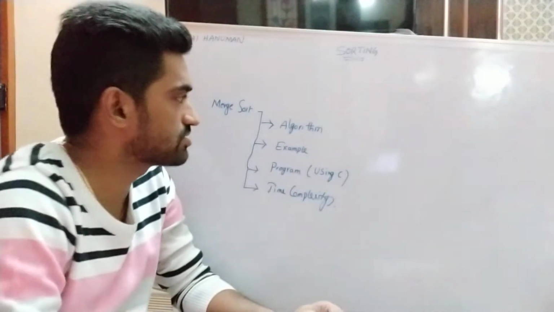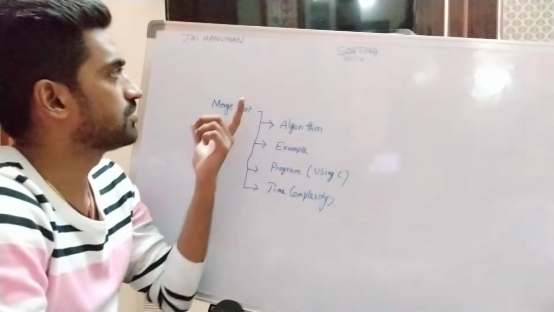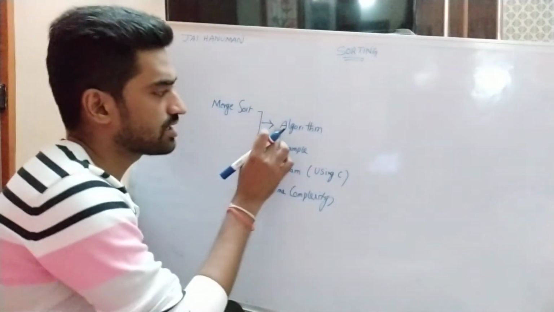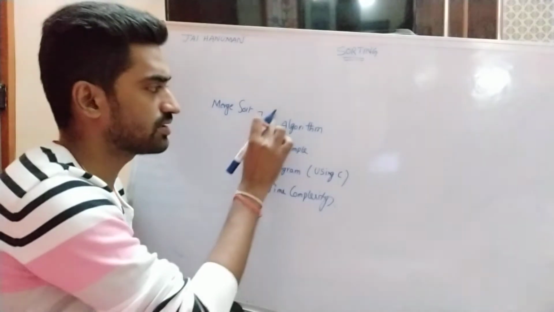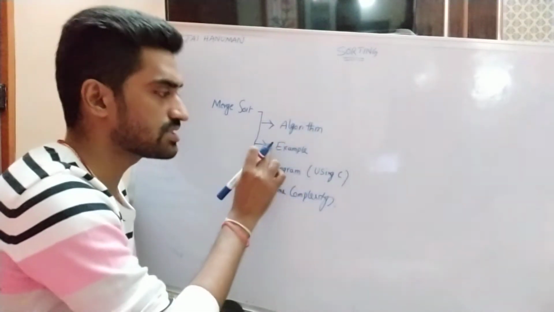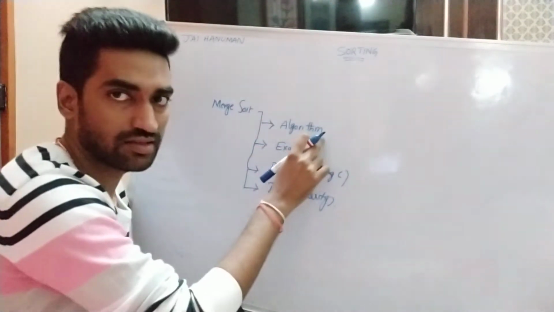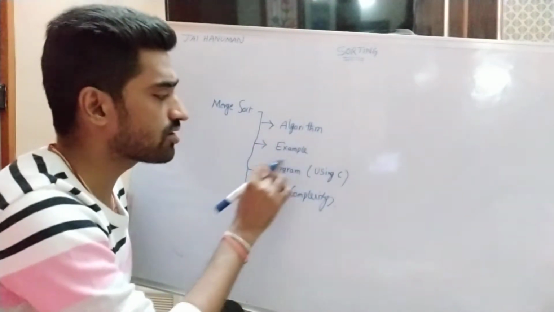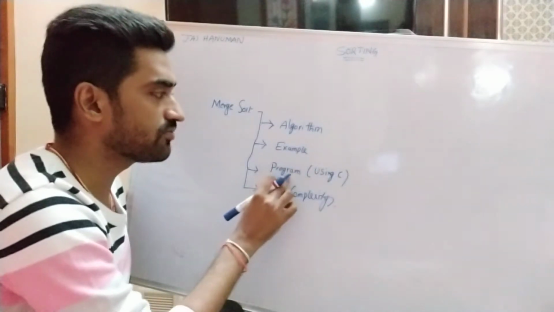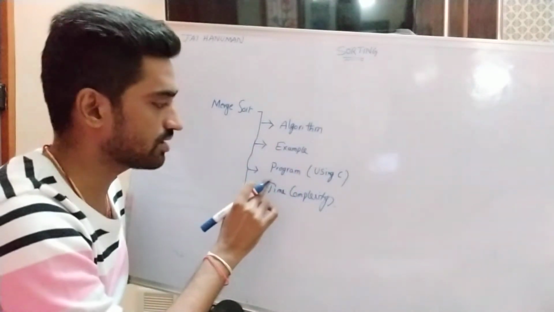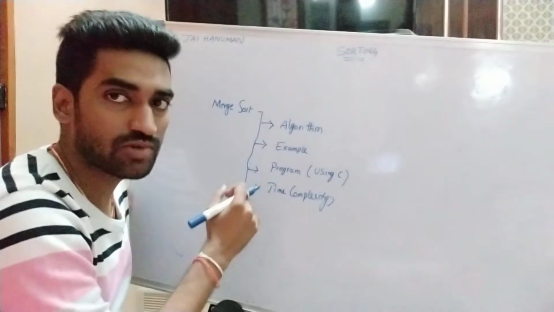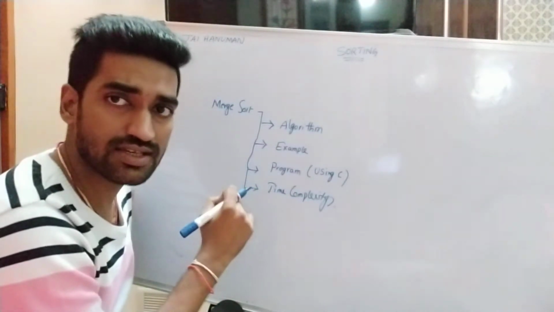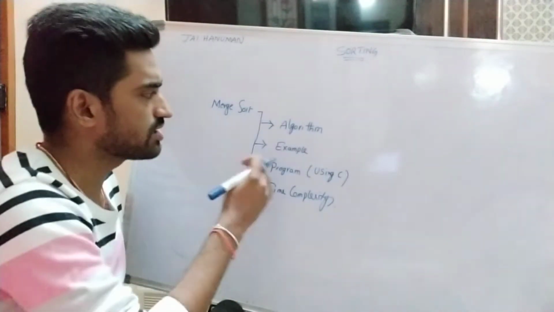Hi friends, in this session we are discussing merge sort. In this concept we are mainly concentrating on the algorithm for merge sort, and after writing the algorithm, we are tracing some elements based on it and finally arranging all the elements in ascending order. After tracing, I am writing a program for merge sort using C language. Then we are analyzing the time complexity for merge sort in terms of best case, average case and worst case. We are discussing one by one.